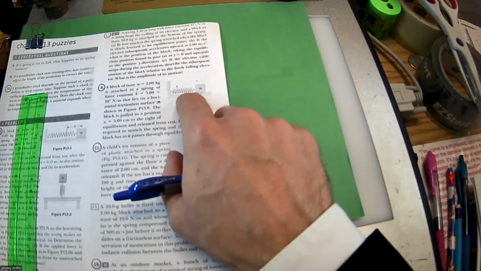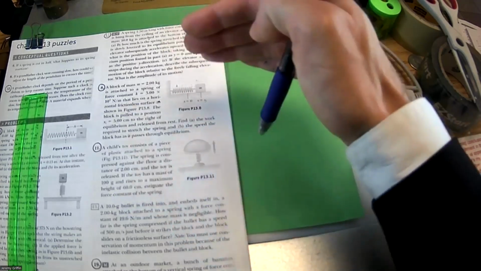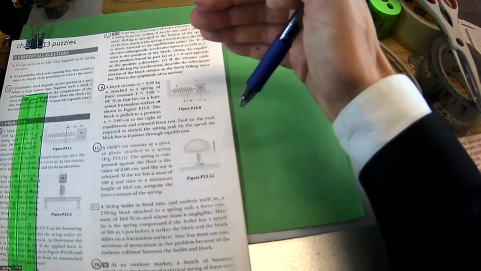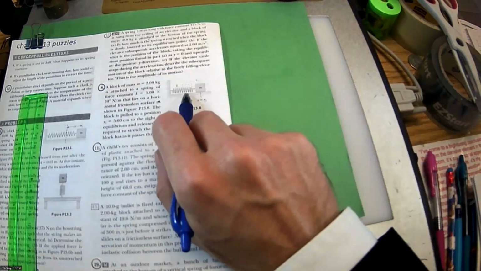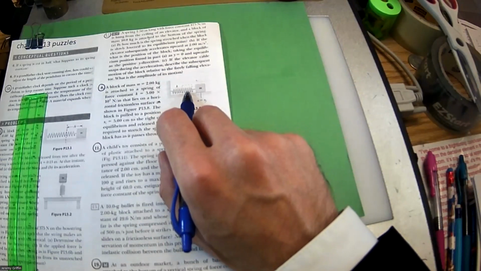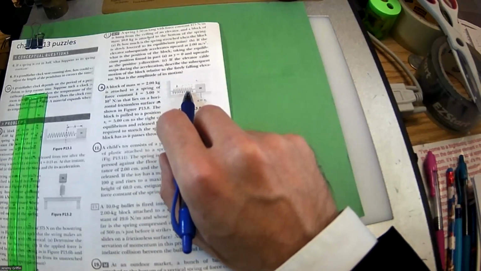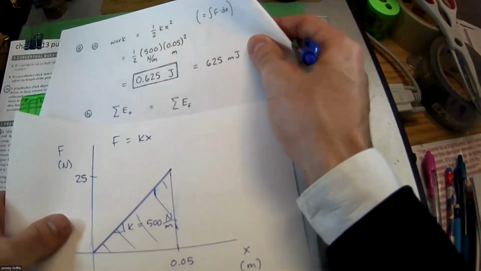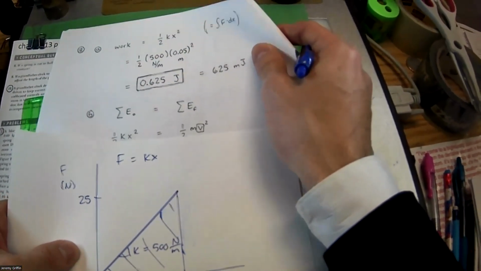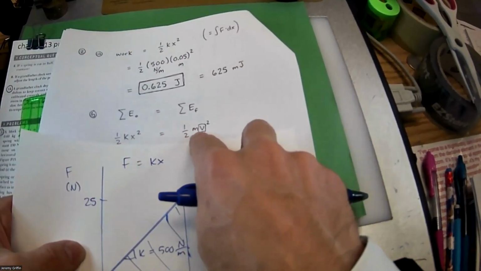Now, as it's going through the equilibrium point, where is the energy? Well, there's no gravitational energy because there's no height change. Is there any energy stored in the spring at the equilibrium point? No, because it's not stretched at all. 1/2 kx squared, x is 0. So no energy there. So where's all the energy? Kinetic, yeah, in the motion. So here's your framework. There's the setup, that turns into that, and then you know everything except for v, so you can solve for v.